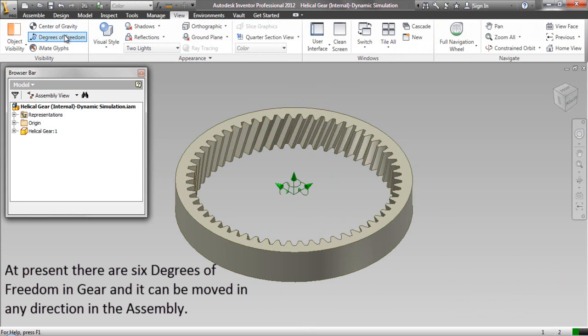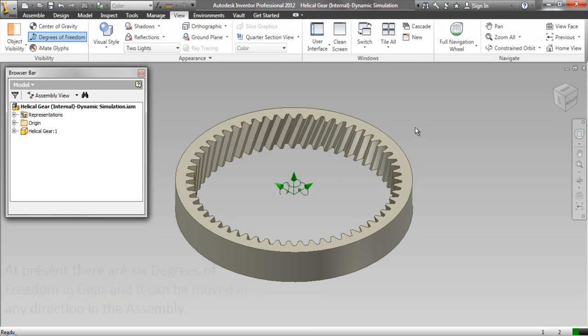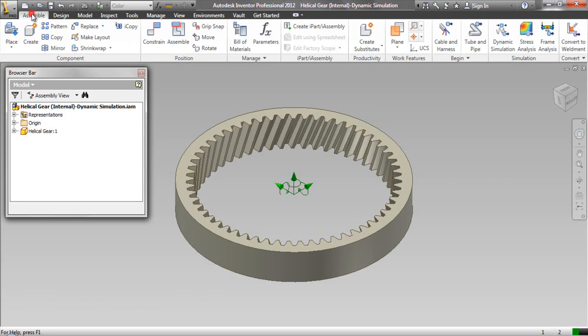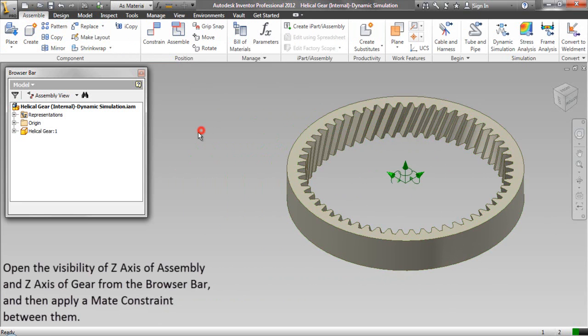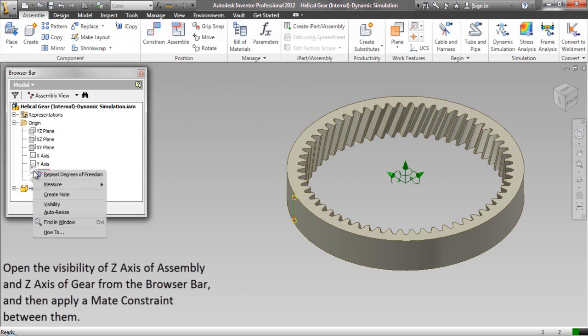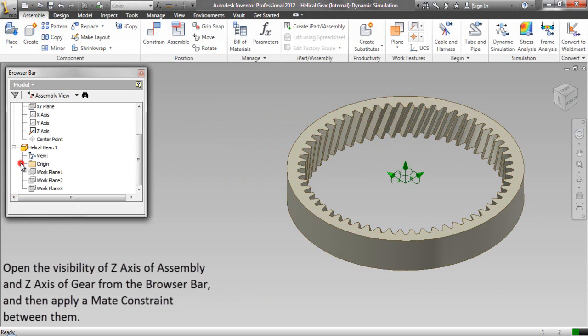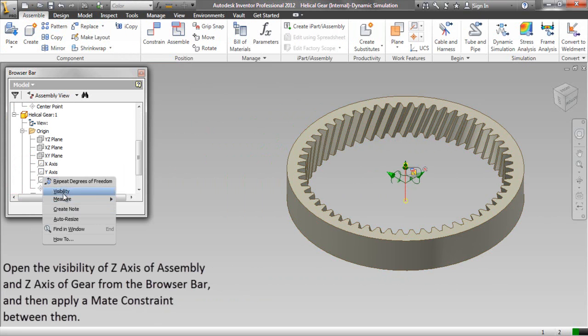At present, there are 6 degrees of freedom in gear and can be moved in any direction in the assembly. Open the visibility of Z-axis of assembly and Z-axis of gear from the browser bar and then apply a mate constraint between them.